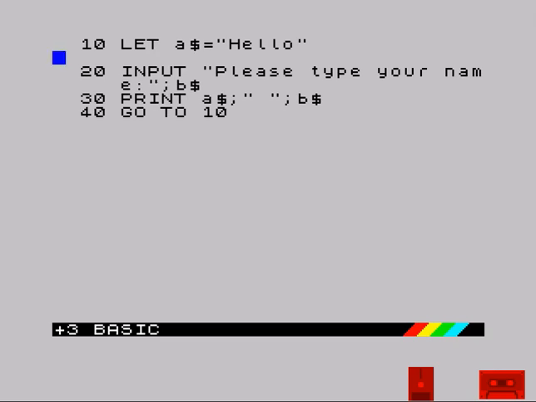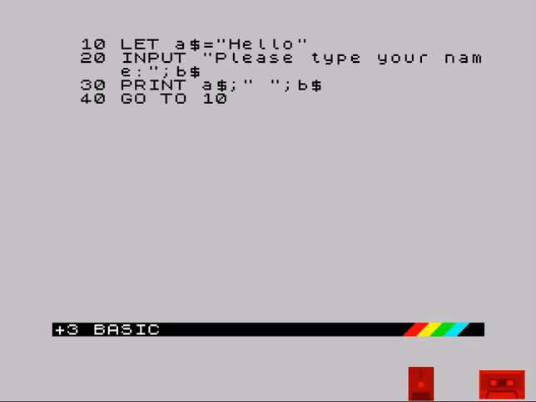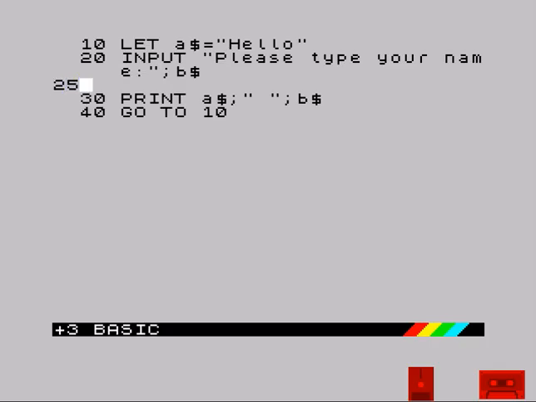You can then renumber, and it will spread those back out and give you some more room to carry on programming. So what we'll do in this one is, depending on what the name of the person is, we will give a different result. So A$ can be hello. Let's see. What we'll do here, 25 if B$. The if command tests particular values, so you can put an expression in there, which will make more sense when we do more things later on. So at the moment we'll do if B$